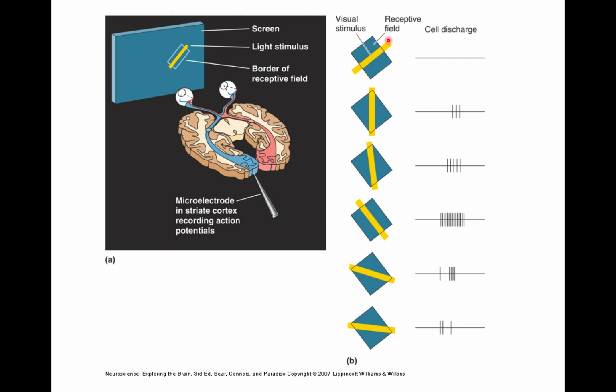So here's our visual stimulus that's being presented. This little blue area here is trying to represent this receptive field. And as we shine a light here, we see that there's a cell, this is the amount of discharges occurring. What's interesting is that as you change the orientation of the light so that you're activating more of the receptive field, you ultimately create a greater amount of firing. And so this here is actually hitting more of these on-center parts of the composite of all of these multiple different LGN cells